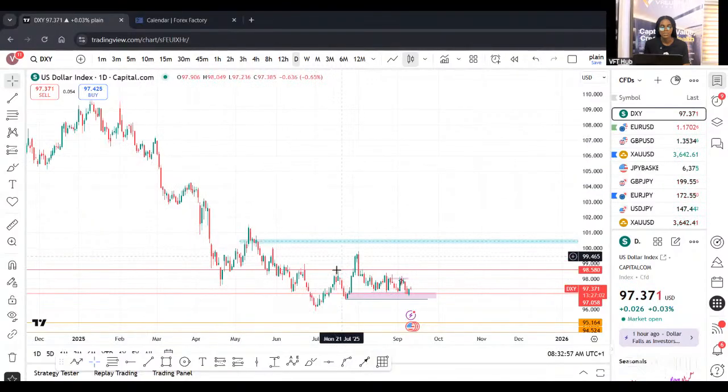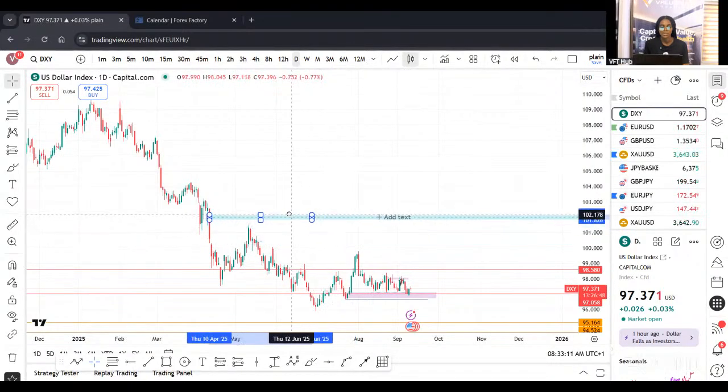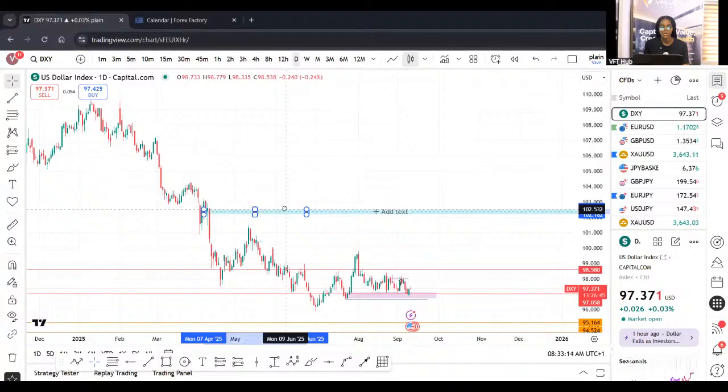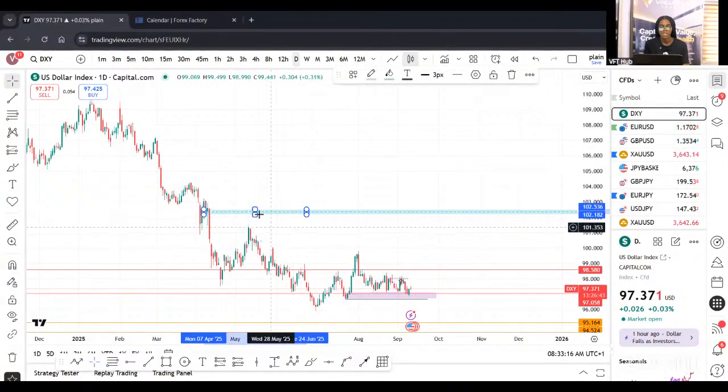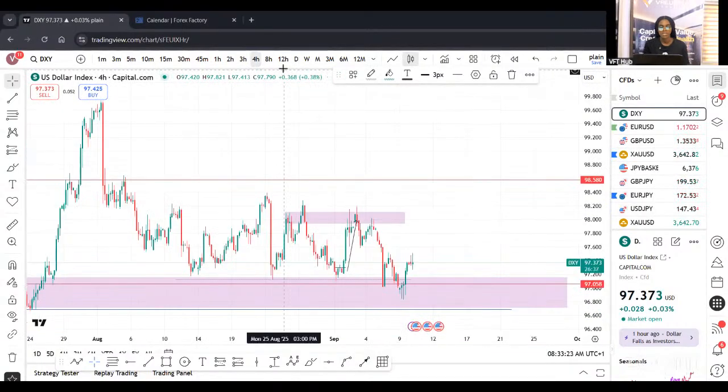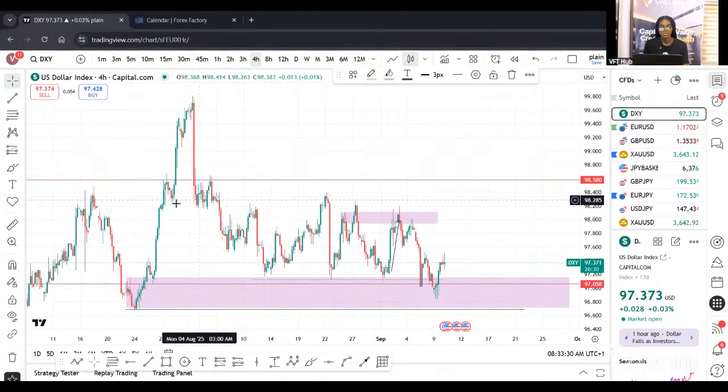As seen right here, we're seeing that most recent price action, price cleared the high at 98.580 and retraced, and we're seeing it ranging for a bit. Where do I think price wants to trade into? I'm speculating that price should break above and trade into the other block at 102.414 on the daily time frame. Coming down to the 4-hour time frame to see if we can spot opportunities on DXY, this is not so clear.